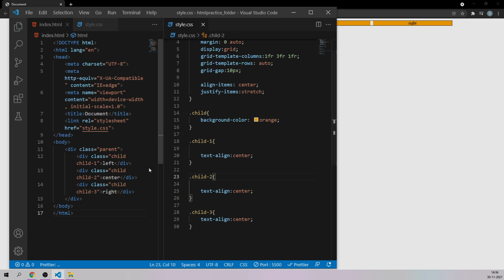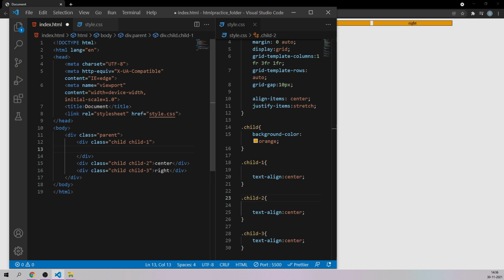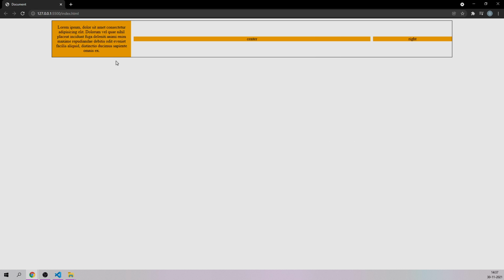Now let's say I go to my HTML code and remove this left text from here, and let's say I write a paragraph. Just type lorem and it will write a dummy paragraph for you, and let's save it. As you can see, the height of the row automatically changes to the height of the child element which is present here.